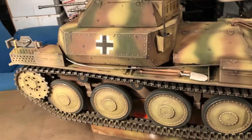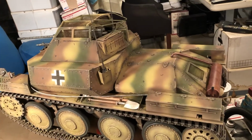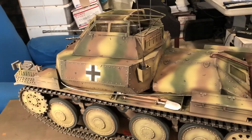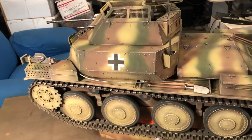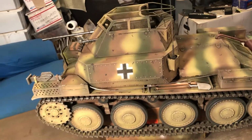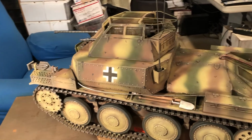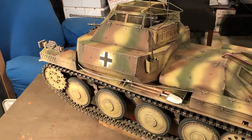Now, I hope it stops raining some of these days and I can take it out for some photographs in the yard. Then I'll start working on a crew. I'm gonna make a dedicated crew of Gross Deutschland, which used the vehicle a lot on the Eastern Front. And as I mentioned before, I think I have other figures. It would have to be armored reconnaissance, so we're talking black or combination wraps,